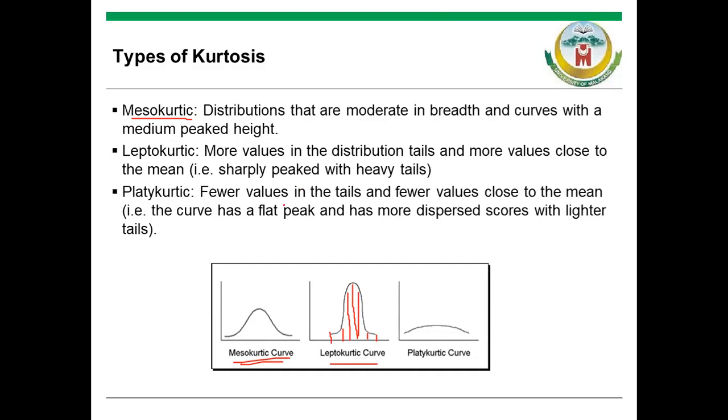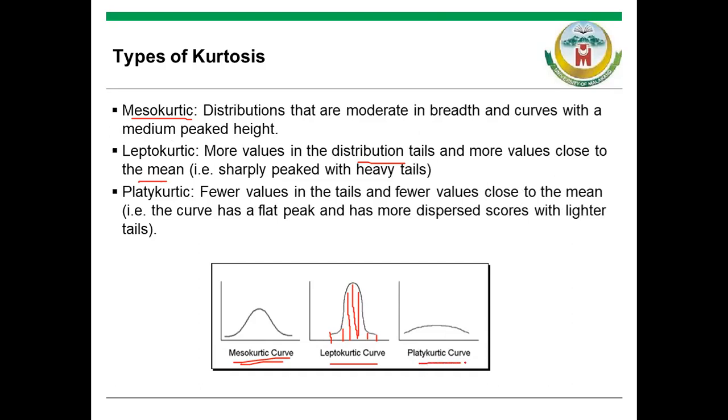So in this case, there are more values in the distribution tail as well as more values at the mean. So we have more values at the tail and more values at the mean, but there are few values between the tail and the peak. But now when we look at the